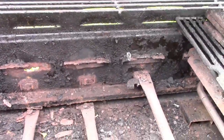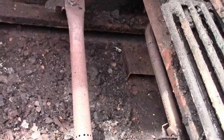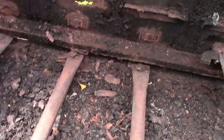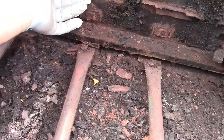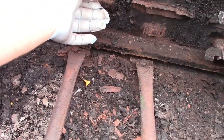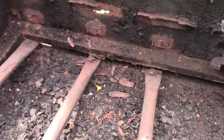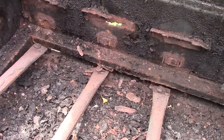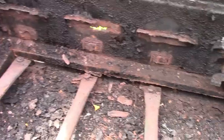So I think we're going to end up using a lot more wire than I had thought. This one appears to be okay, as is that one. So we'll leave those for now. These got to be wired up, but what really worries me is this, because there's almost nothing left here and it doesn't even sit straight anymore. So we're going to have to fix that. And the way we're going to do that is to run the wire longer. Originally it was going to go around the heat tents, but